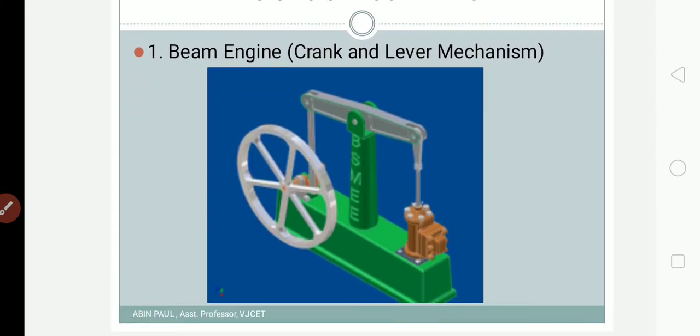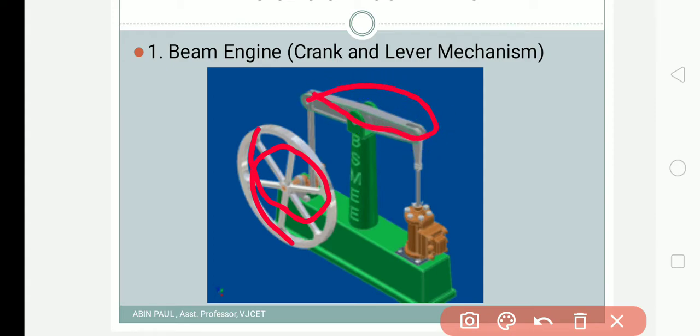Here you can see it's a four-bar chain. It consists of a crank. I will show you the crank. So the crank is, this particular member is the crank, which is a rotating member. Then this one is the connecting rod, which connects the crank with the output link. The output link is the piston here. This is the piston. And we have the green colored link, that is this green entire frame. The green color is the frame, that is the fixed link. So we have four links. So this is a four-bar chain.